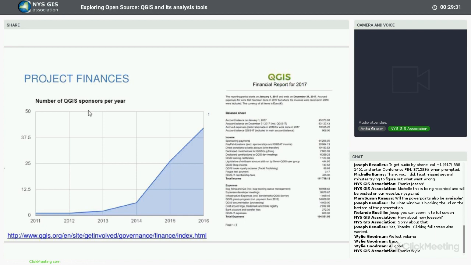And we are very open about how we spend our money. You can find the financial report for 2017 and previous years online. And you will see how much money we spend on bug fixing, how much money we spend on the events, how much we spent on paying people to work on the documentation, and also where our money comes from,